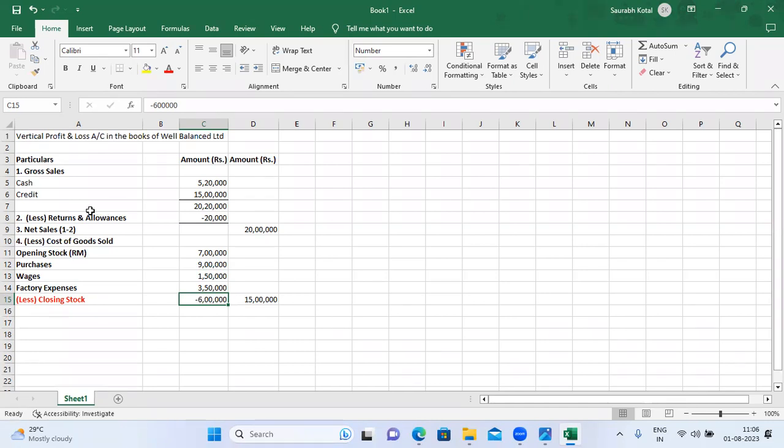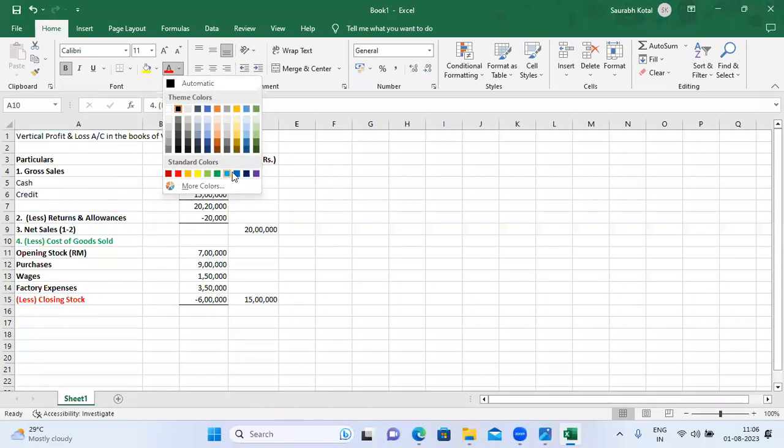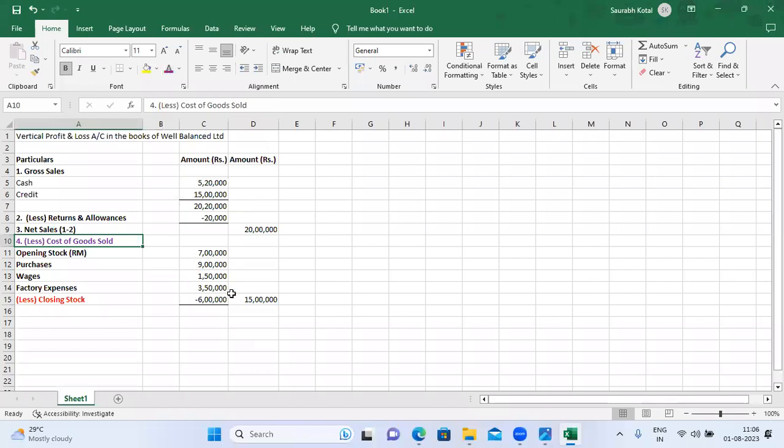So what is the total of cost of goods sold? The total of cost of goods sold is 15 lakh. Let me give one color for cost of goods sold so that you may identify what exactly it is. This is nothing but cost of goods sold that you could see. Now you have to reduce cost of goods sold from net sales in order to reach what? In order to reach to,